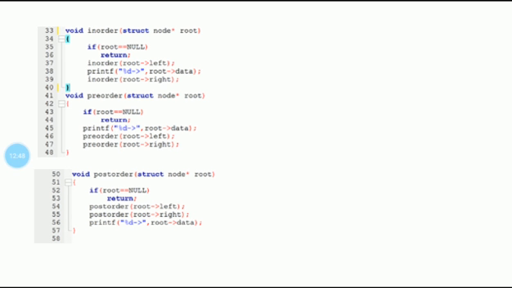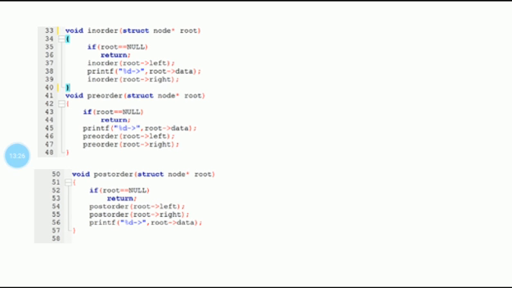Next, after the repetitive insertion of as many nodes as we require, the construction of the binary search tree is completed. Then we have to go for in-order, pre-order and post-order traversals. Here I am going to explain these techniques in a recursive manner, because it is very easy compared to the iterative fashion. It is very easy to write and easy to understand, because we know that in-order traversal is left, root, right.